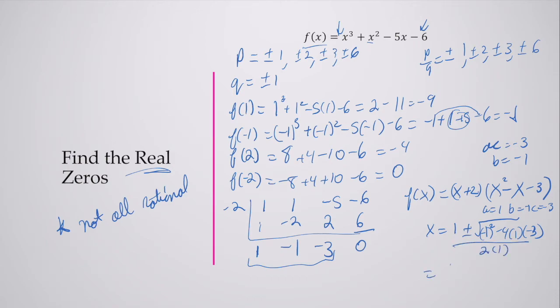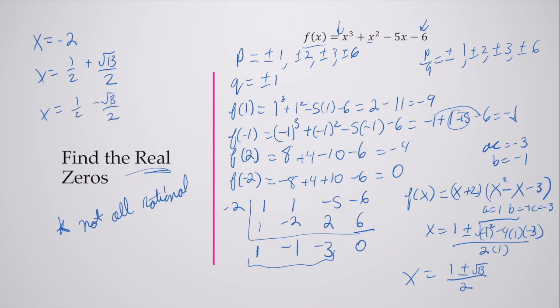That gives me 1 plus or minus the square root of 13 over 2 is x. Those are my zeros. 1 plus the square root of 13 over 2 and 1 minus the square root of 13 over 2. So all my zeros are x is negative 2, x is 1/2 plus square root of 13 over 2, and x is 1/2 minus the square root